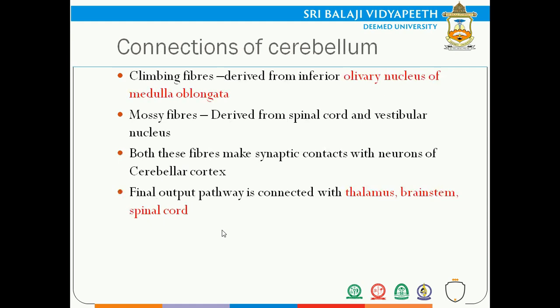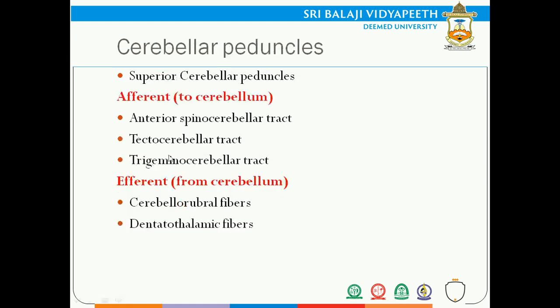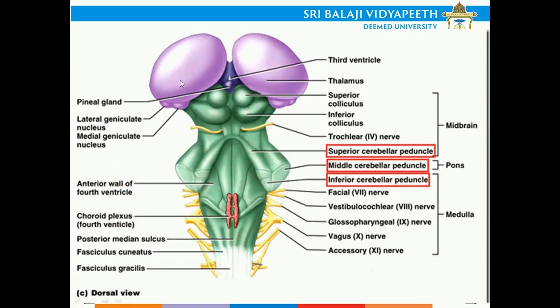Coming to the connections, this is an image that shows you the purple structure. What you see is the thalamus. Here is the thalamus, and this is the space of the third ventricle, the pineal gland, which is seen at the third ventricular area. The green structure you see here is called the colliculus. There are two colliculi, the superior colliculus and the inferior colliculus. The one seen on top is the superior colliculus, and this is the inferior colliculus.